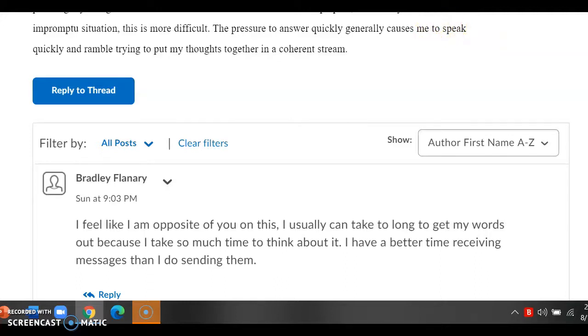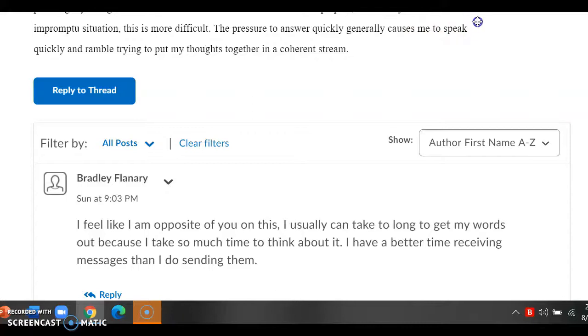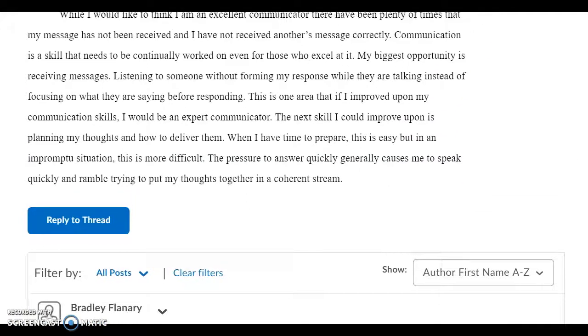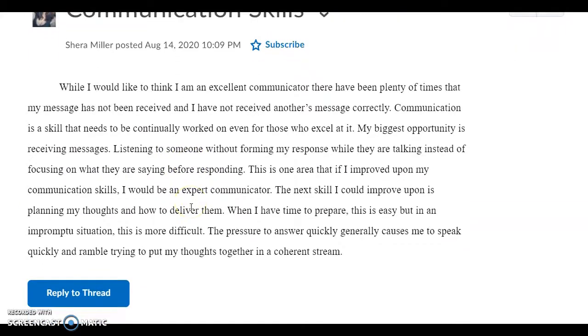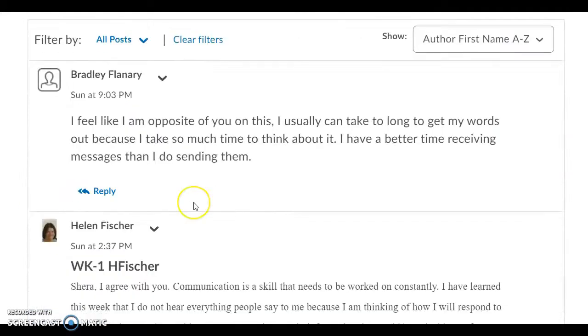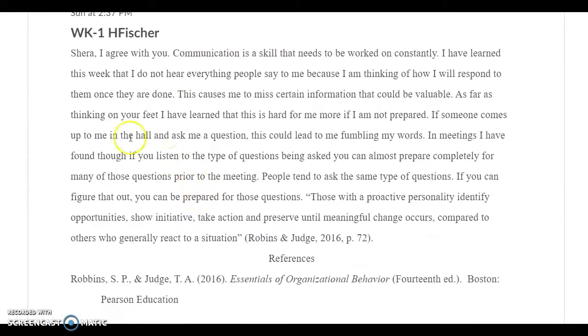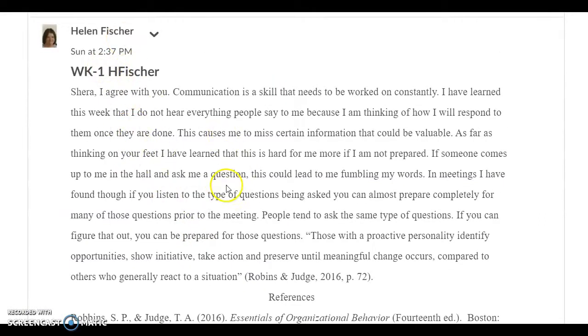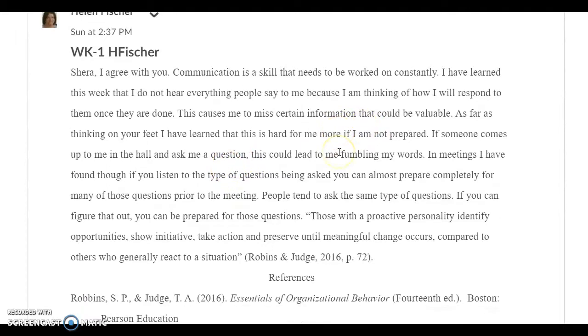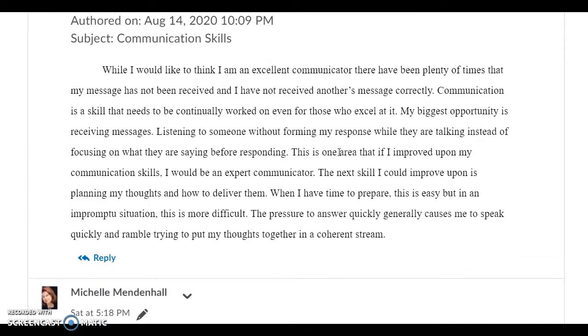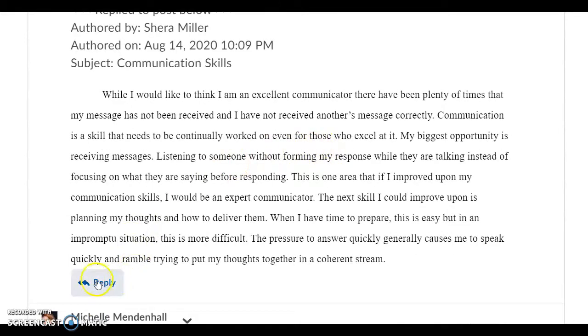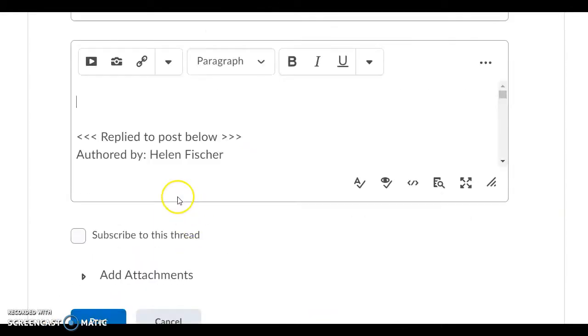If we would go into the reply and hit delete after highlighting everything, then we wouldn't have as much to scroll through and to read through. So what I'm referring to is that if Helen is replying to Shara, then after going into her post, she would hit reply and then place our cursor